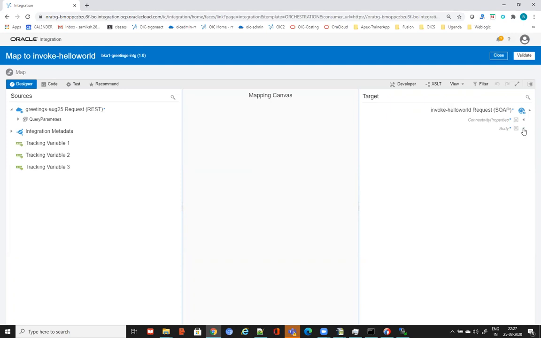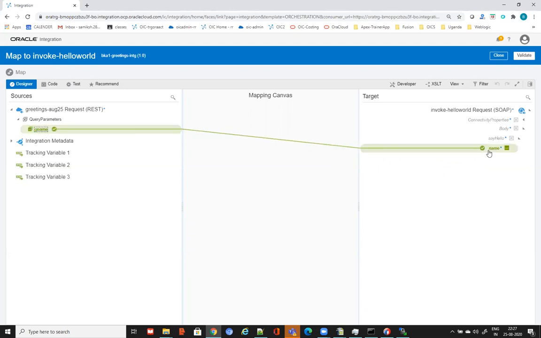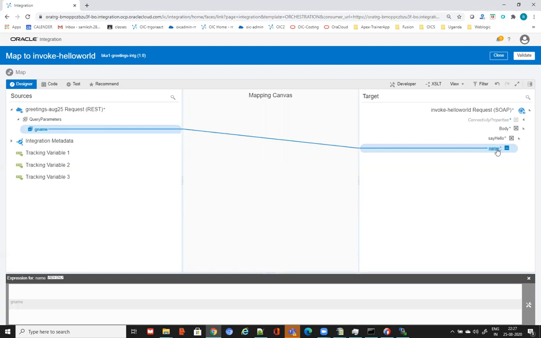The say hello operation is expecting some input, a name. So I'm invoking that, and I need to pass the value for that name. I already provided a query parameter to my REST service, so gname is my parameter. I take that value and assign it to this input for the say hello operation. Validate and